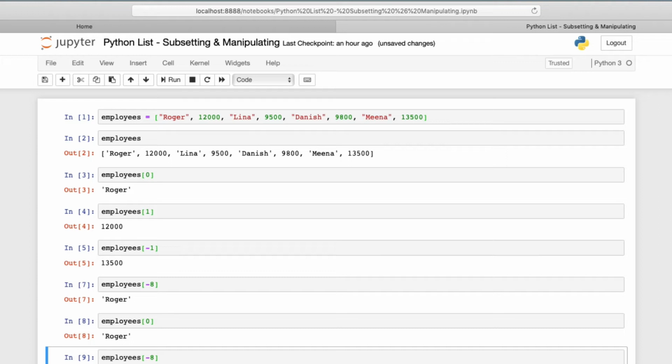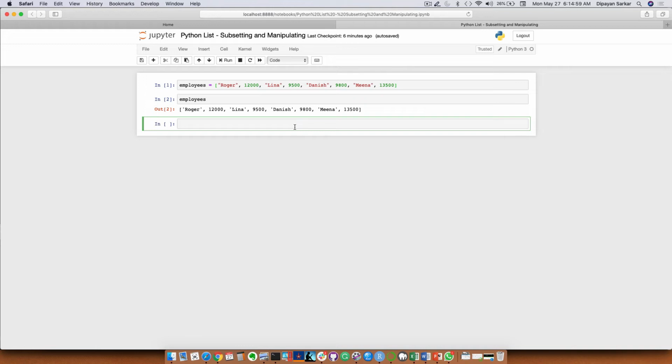We will now see how to slice a list. In order to slice a list, we need to provide two indexes, the start and the end. So we say employees, say 1:4. Remember, from the left hand side, the index starts at 0. Now when you say employees 1:4, the element at index 1 will be considered as the starting point, that is 12,000,